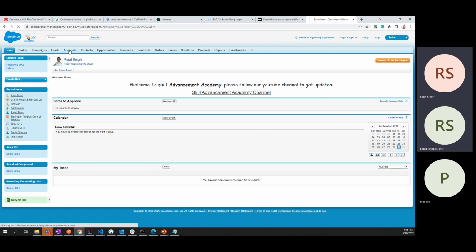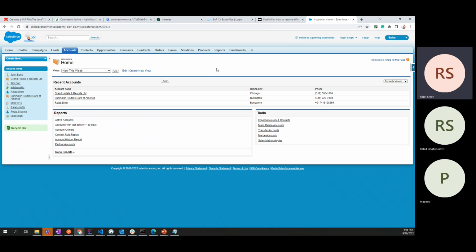So this account is nothing but an application, we are saying, right? With this application, you can see these many details. These are all reports and tools and everything. So if you have to create an app like this kind of